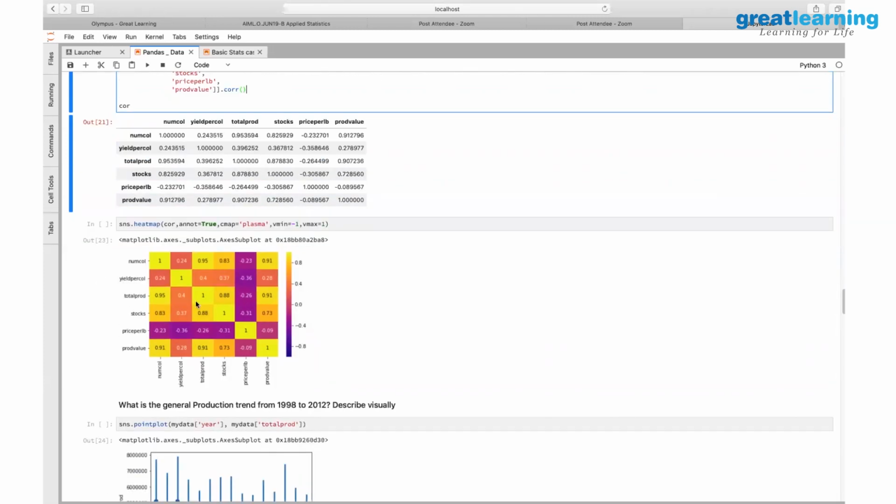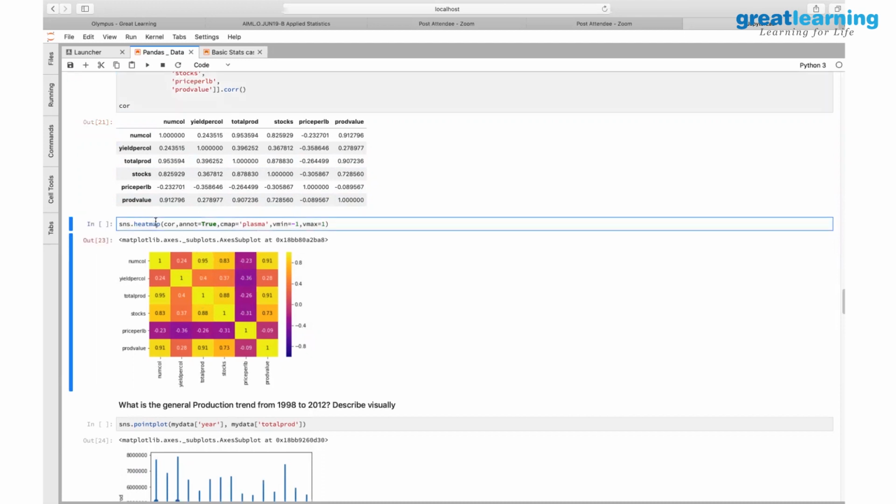In correlation, essentially we are looking at the values that are coming here. As you get a higher value, the color coding can be anything. There are different color patterns here. The C map is nothing but the color map. They are using plasma. There are different color maps you can explore.